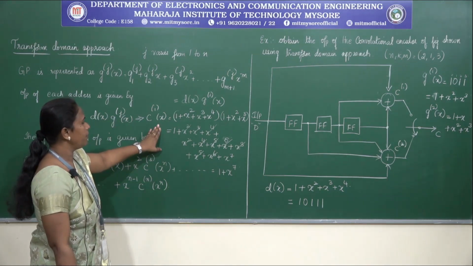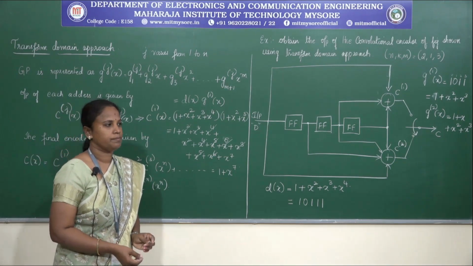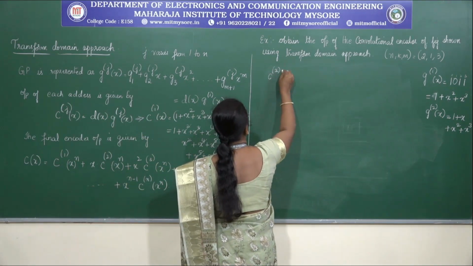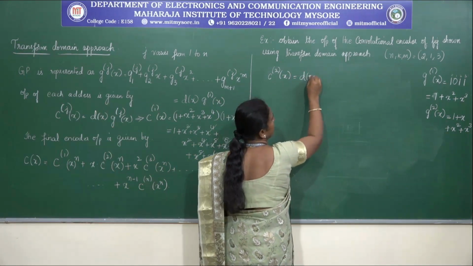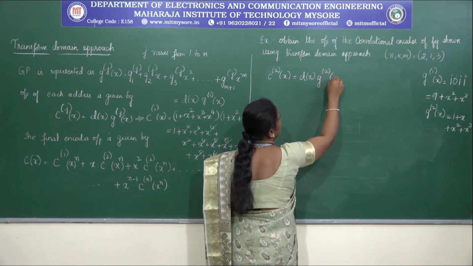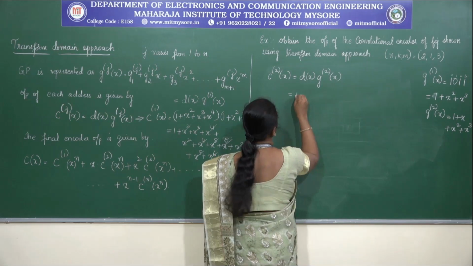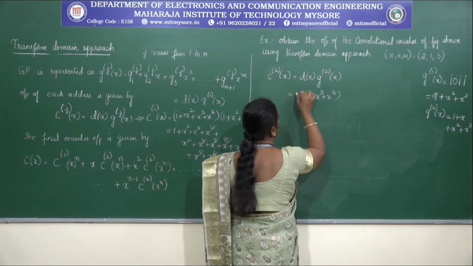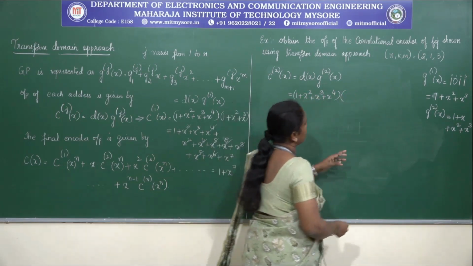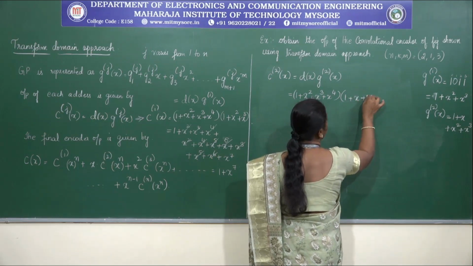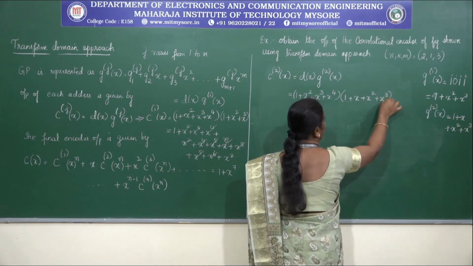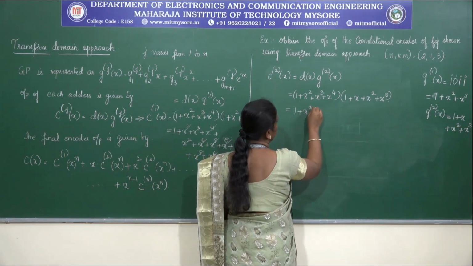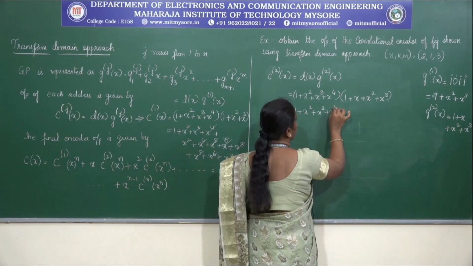So now we need to find c2 of x. So let us find c2 of x, where c2 of x is equal to d of x into g2 of x. So d of x is 1 plus x square plus x to the power of 3 plus x to the power of 4, into g2 of x, which is 1 plus x square plus x to the power of 3. Okay. So now if we simplify this, we are going to get x to the power of 4